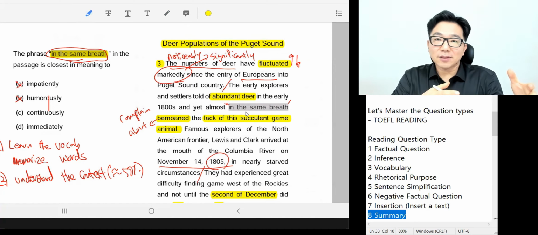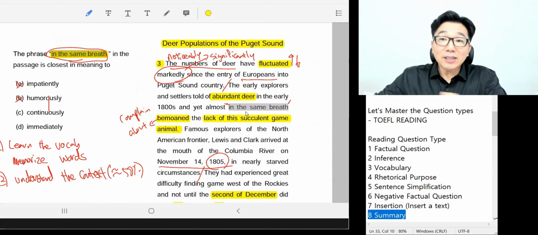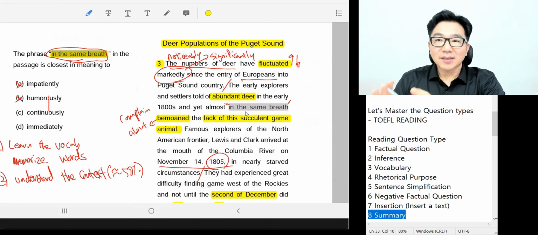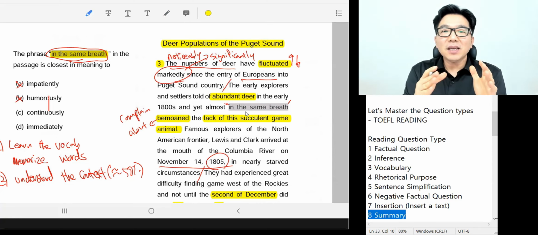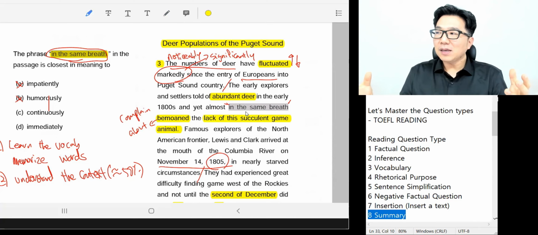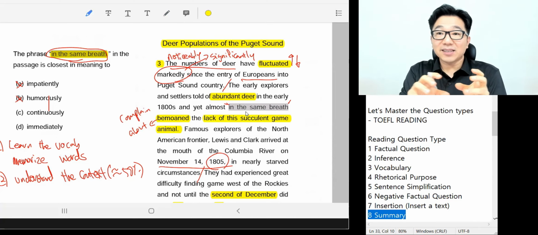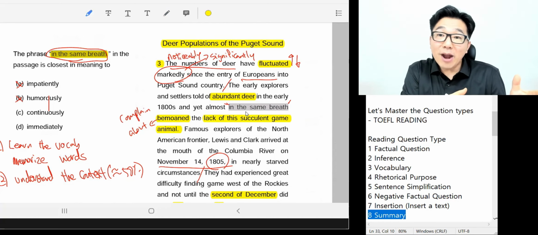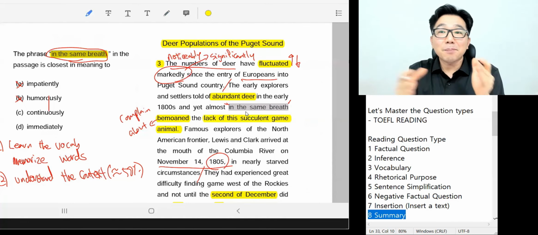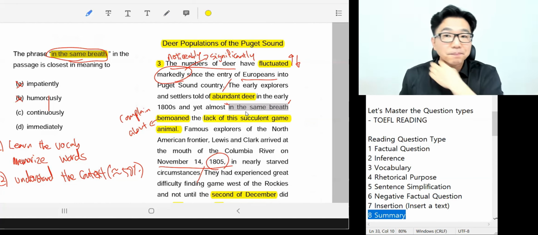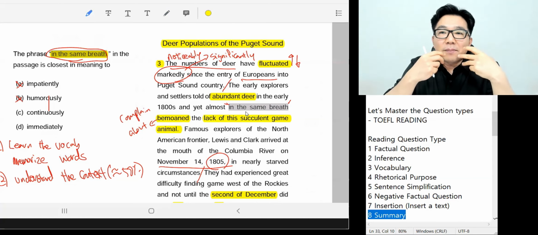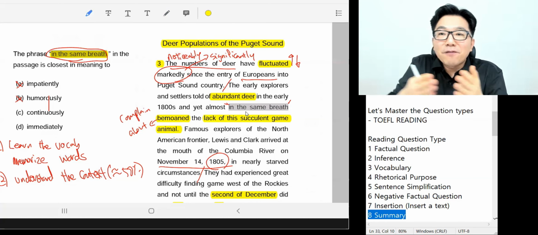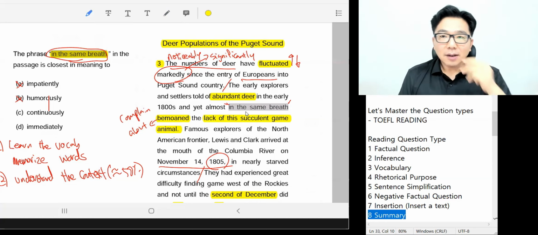You do something in the same breath. So as a result, the task may continue, but in the same breath doesn't mean continuously, okay? Because you do something in the same breath, the result may be the tasks are being done continuously because you're doing two tasks in the same breath, but that doesn't mean the meaning of in the same breath equals continuously, okay? So in the same breath, as I comprehended when I was reading the passage before, literally you're doing something at the same time or at once, within the same breath, like before your next breath. So you have to do it together, right? Okay, so that's the literal